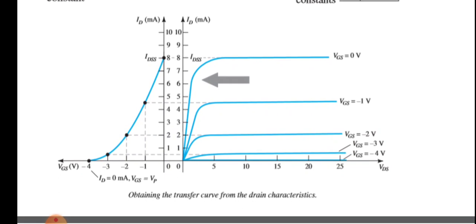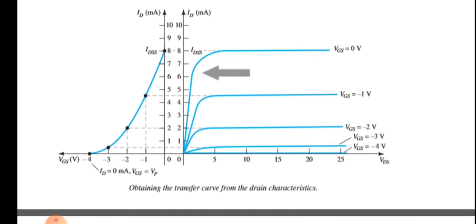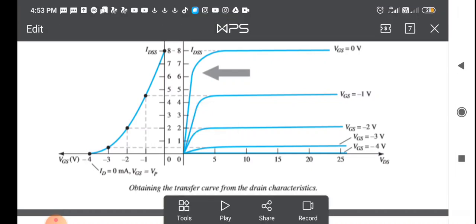That's why the left hand side of the graph is VGS versus ID. Every graph on the right hand side, whatever maximum current is available, is projected on the left hand side for different values of VGS. So you can see the vertical lines on the left side graph are nothing but different values of VGS, and those VGS values are available on the right hand side graph. Let us consider the VGS equals -2 graph. That is projected on the left hand side, and on the negative VGS axis, for VGS -2, a vertical line is projected. So these two are going to intersect at a certain point.